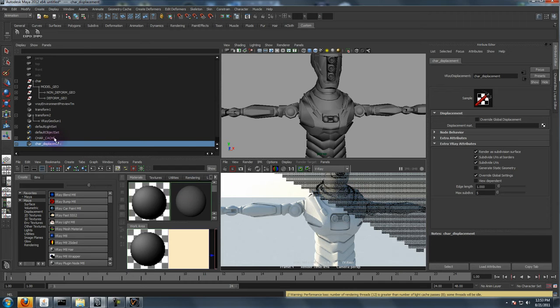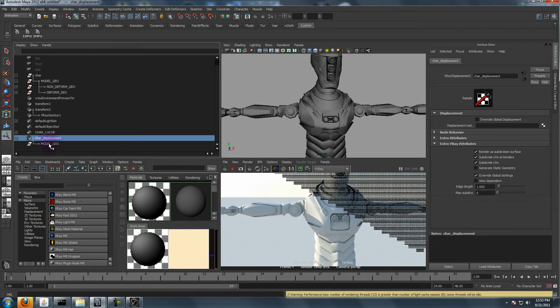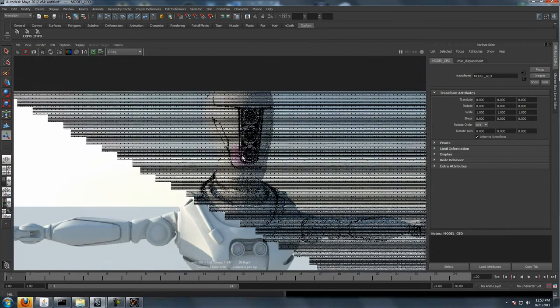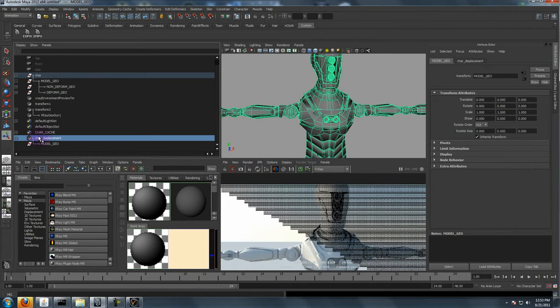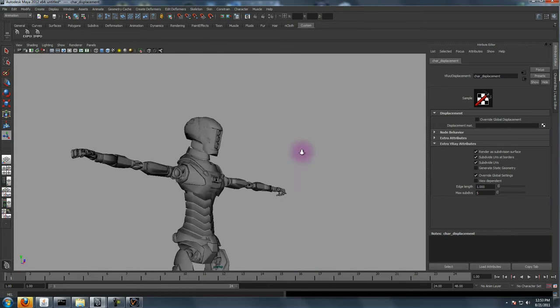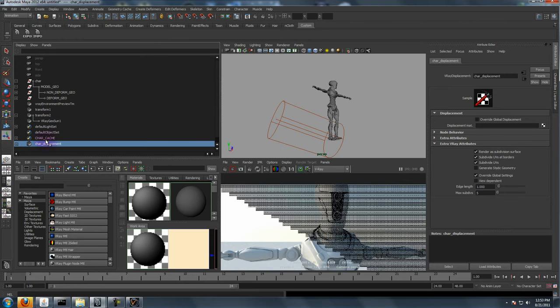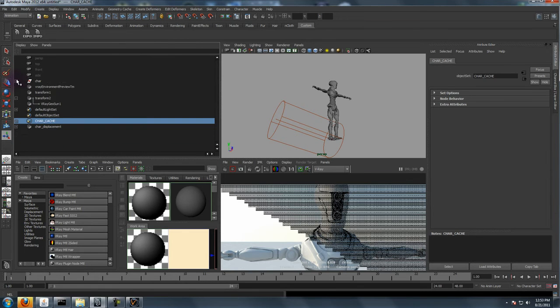Great. And the good thing about this is if you look at this displacement set, it's set for the group, so anything that we ever add will have these subdivisions. Okay. So now what we want to do is I want to actually grab the geo,